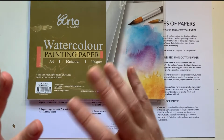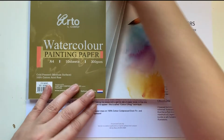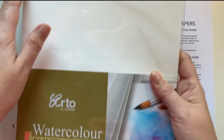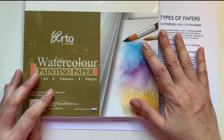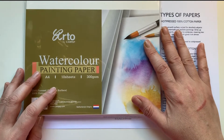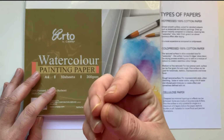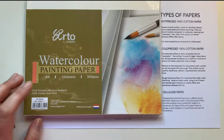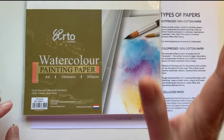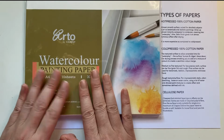I don't like to buy the pad. It comes in a pad as well, a gum pad where the edges are gummed together so that you keep it together. However, the texture is, I find it a little bit oily. If there's any explanation I can find, it's oily. So I try not to use the pad. I prefer the loose sheets, and this is one of the most forgiving beginner paper,